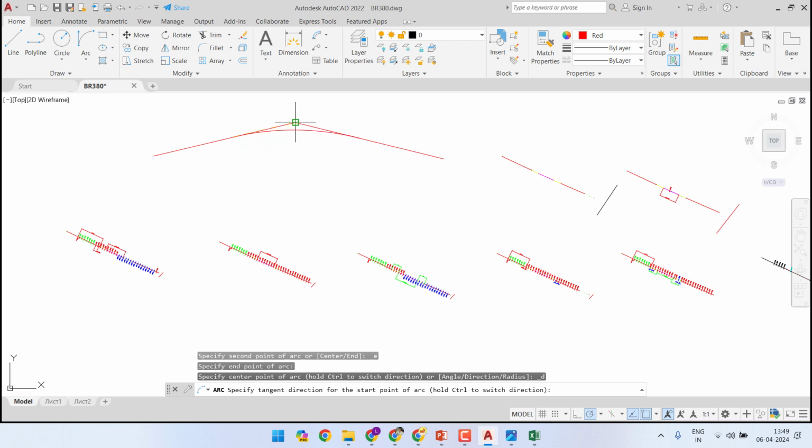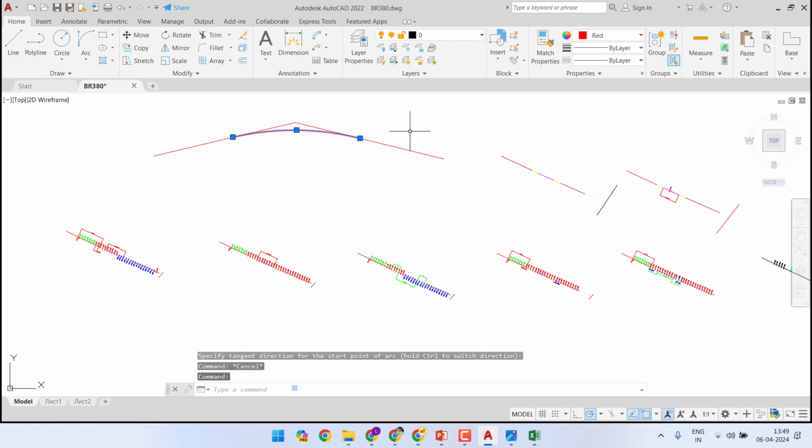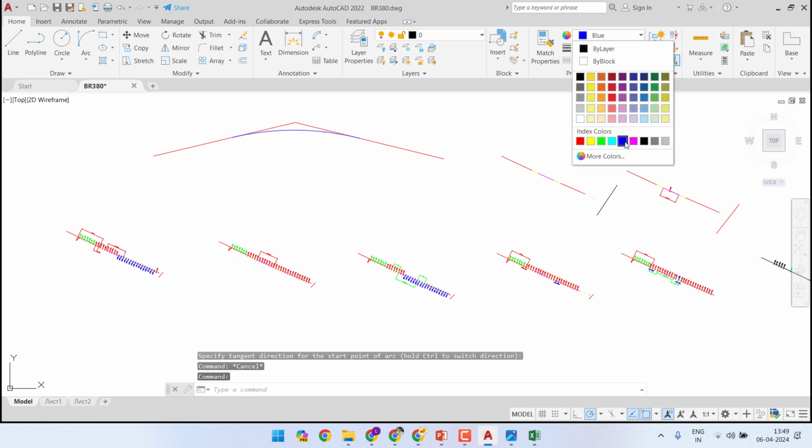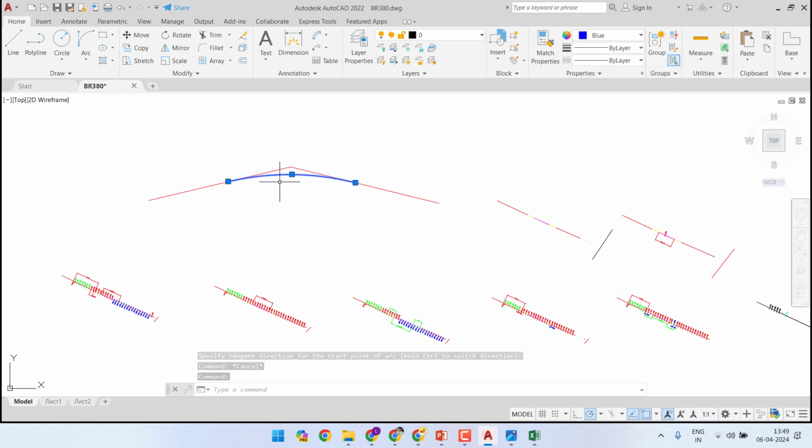Yeah, so let's say this is our curve. Let's change its color. Now if the center of the curve is shifted towards this, what will happen is our